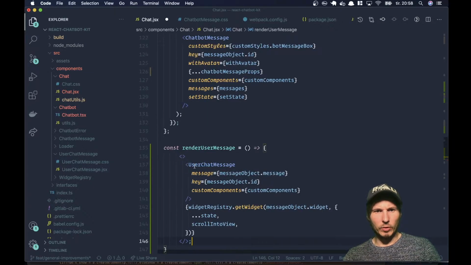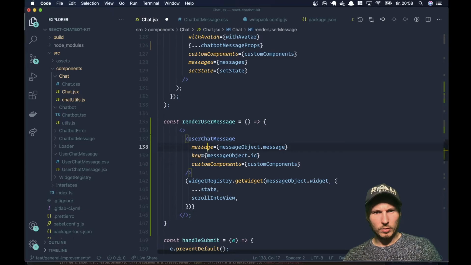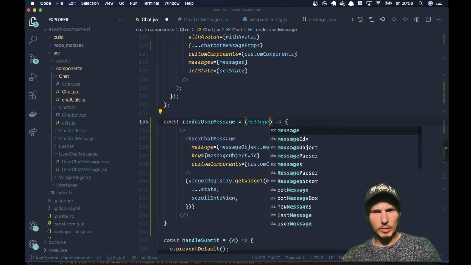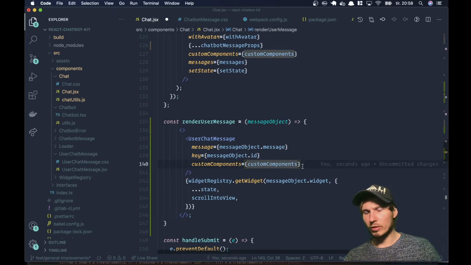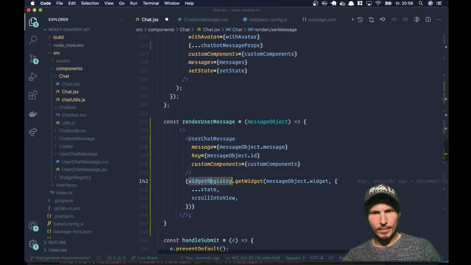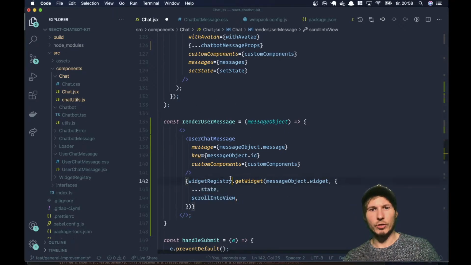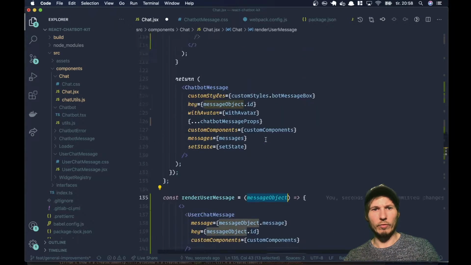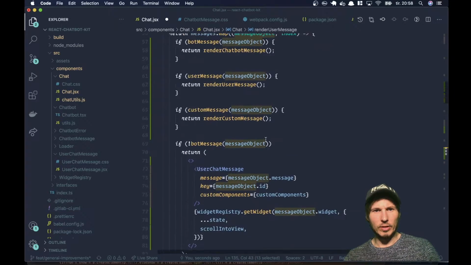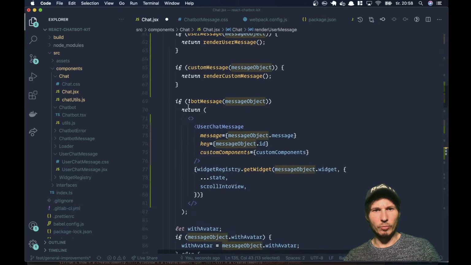And then we will pass in the message object. The custom components will get from the structuring higher up. And then the widget registry we have, the state we have, and the scroll into view we have in the context of this function. So we only need to accept the message object here, and that should work out of the box. So let's go ahead and remove